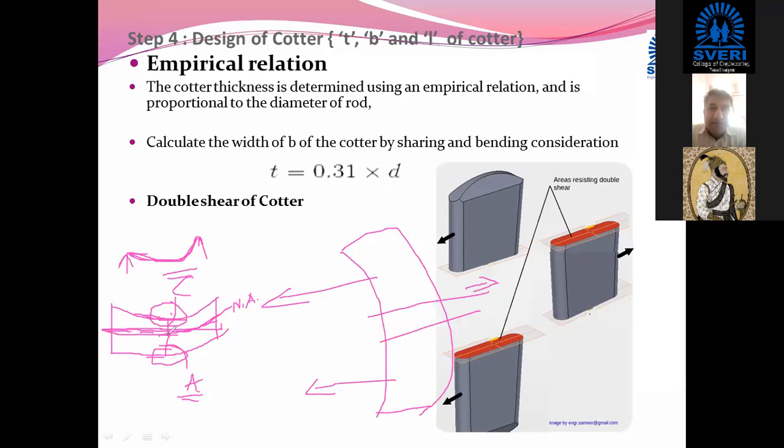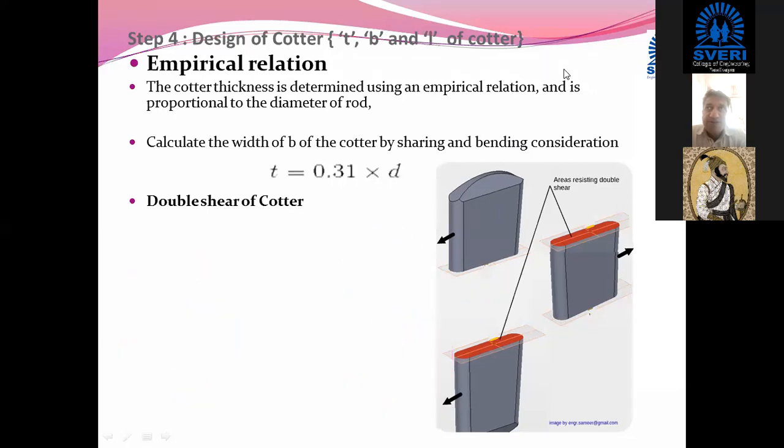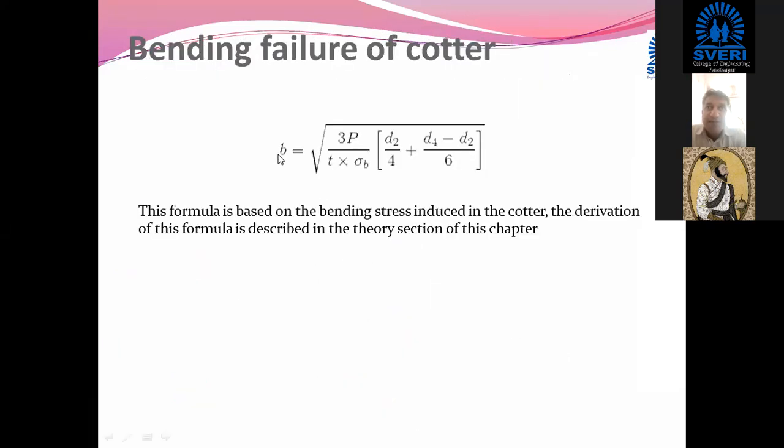Okay, so basically these stresses are the tensile stresses. Now this formula which we have already derived, we are just using it. So width B is equal to, actually this is B into T, so this part is taken from the other side. So width is equal to under root 3P divided by T into sigma B. Sigma B, what are you going to use here? Basically it is tensile or compressive. So the value of sigma T we are going to use here.